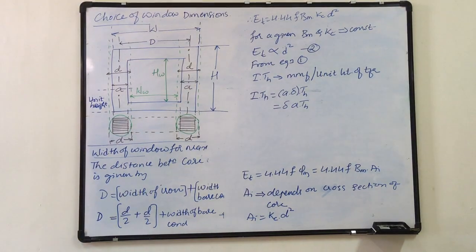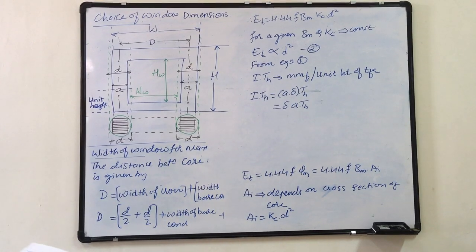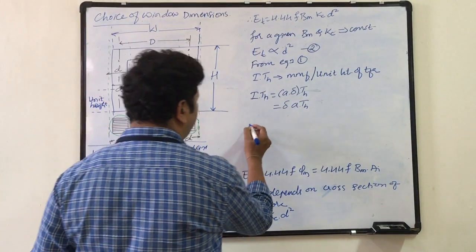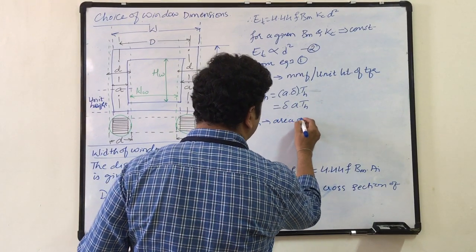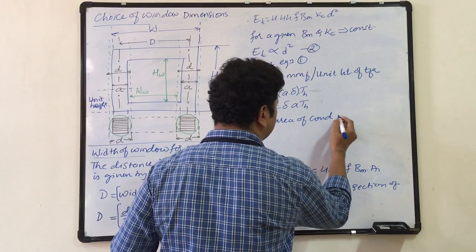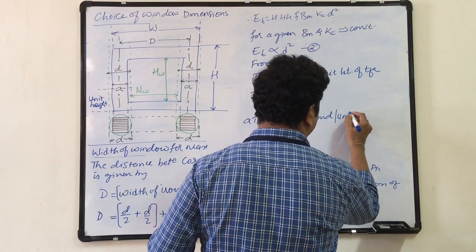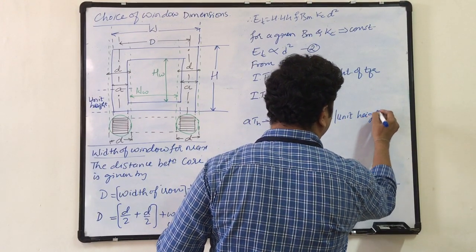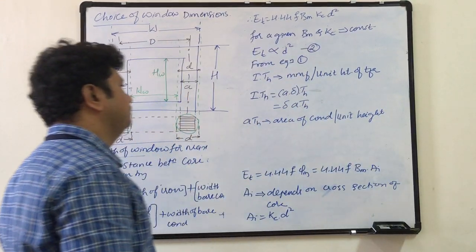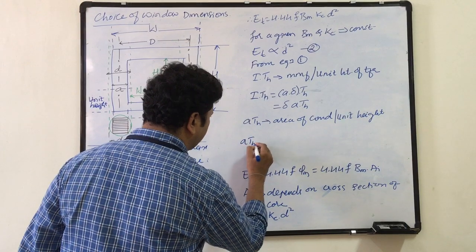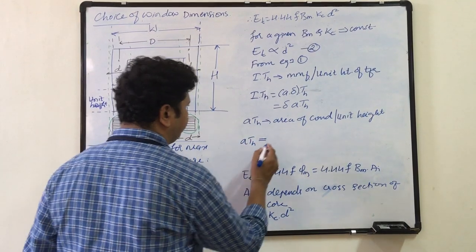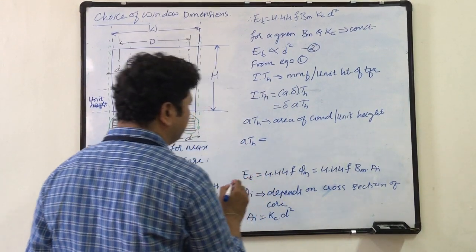Therefore, that is area of copper per unit height. So here A into Th is area of conductor per unit height. Now what do you mean by that? A into Th is equal to width of conductor per unit height